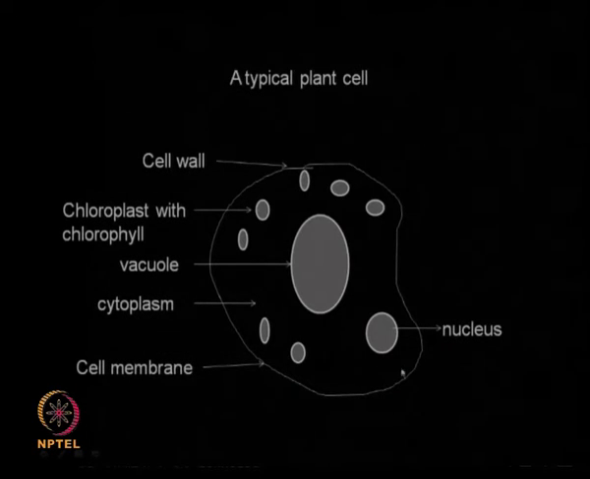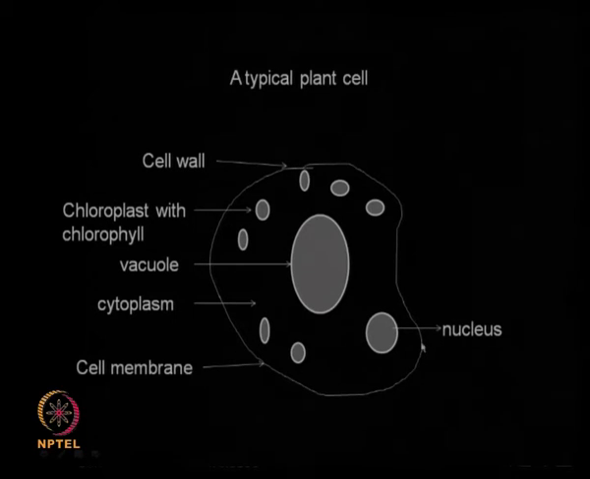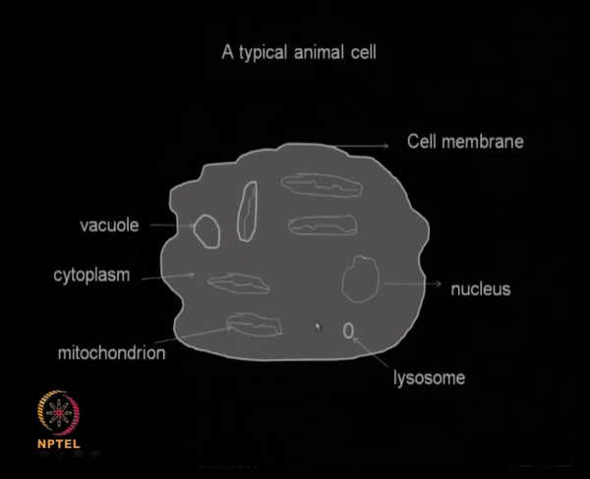So a typical plant cell, this is a schematic, you have the cell wall here, you have the chloroplast with the chlorophyll, then you have the vacuole, you have the cytoplasm here, this is the cell membrane, then you have the nucleus. This is a typical plant cell. Typical animal cell, you have a very thin cell membrane, then you have the nucleus, lysosomes are present here, then mitochondria, cytoplasm, vacuole. So you can see a lot of difference between each one of these cells,